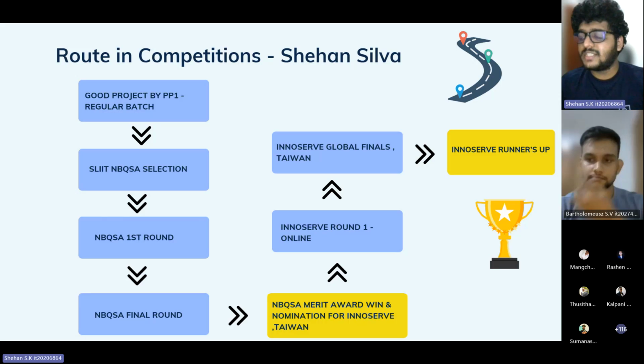And at InnoServe, it wasn't only the competition and the presentation that we had, but there was an exhibition as well. Business people came in, schools came in, other tech people came in. They walked through the stall that we had, a separate stall for our product, with the banners and flyers that we took from Sri Lanka. It was a great experience. Many people talked to us, we shared a lot of ideas on how to improve, and finally we were able to win the runners-up award